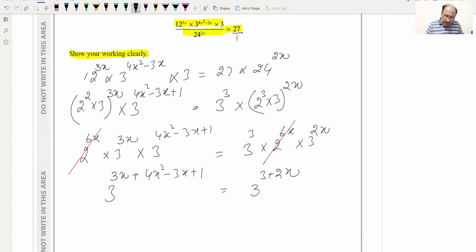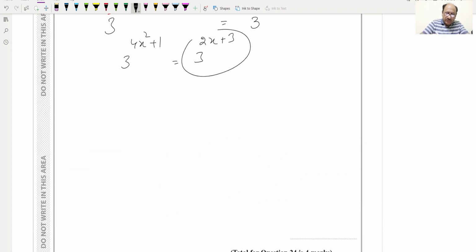Now we can cancel this 3x and minus 3x, and we can write 3 raised to 4x squared plus 1 is equal to 3 raised to 2x plus 3. Now we can shift this to the other side, so it will be 3 raised to 4x squared plus 1 over 3 raised to 2x plus 3 is equal to 1, and this one we can write